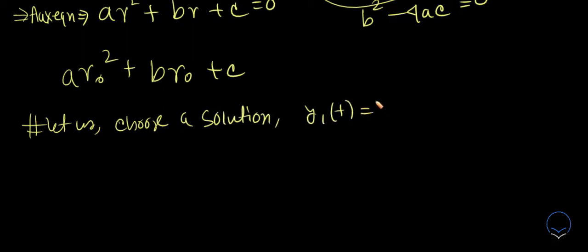y1 of t is e to the power r0 t, because this r0 is a root, right? So that's why we are calling it one of the solutions. The second question we ask: what about